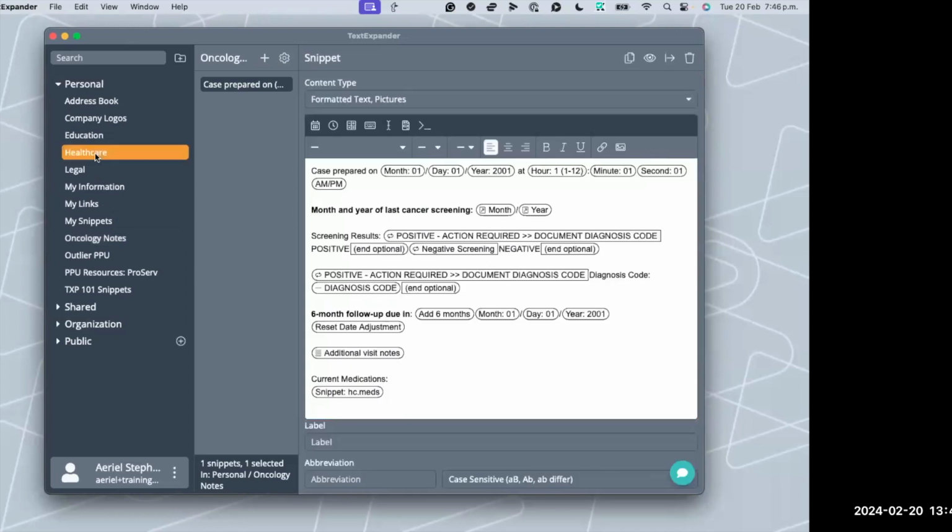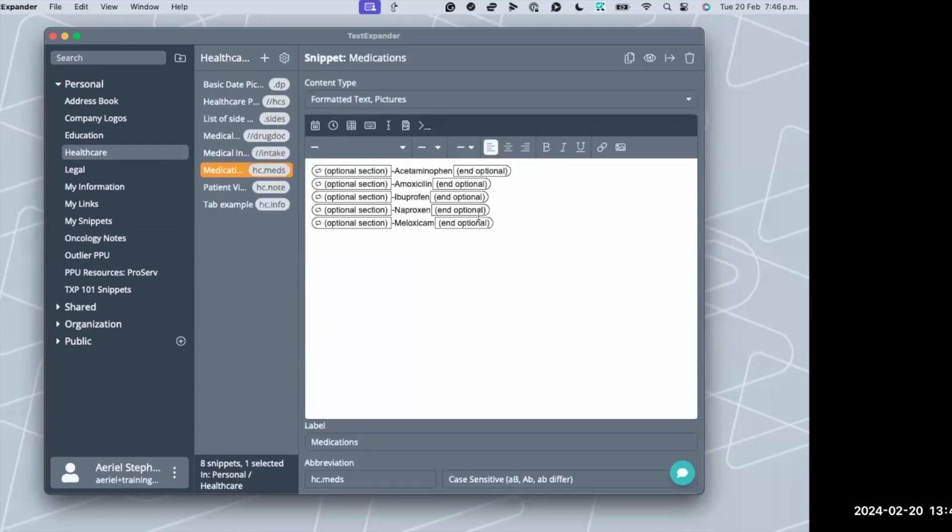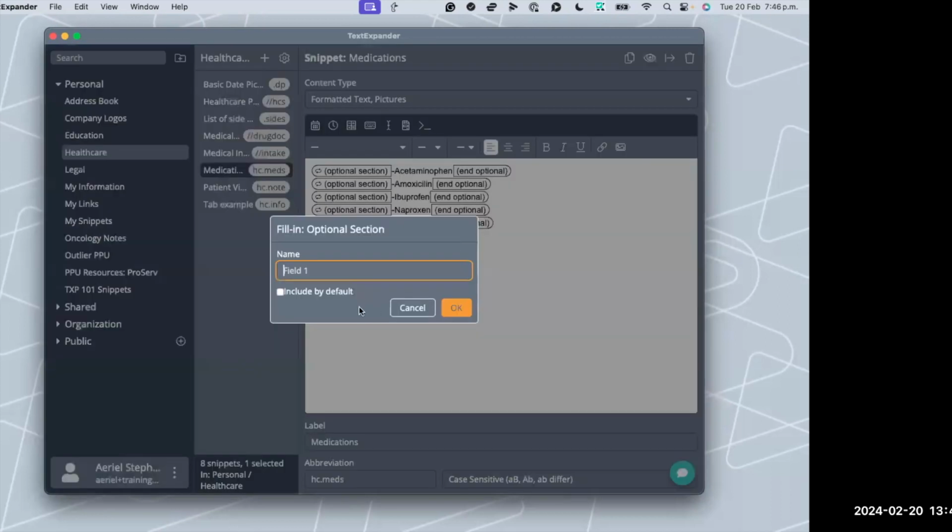If I go back to that original list and change something, I'm going to add one more optional section. Again, I'm going to name this because I wanted to show you the difference in how this displays when you just want a very clean, simple checklist.